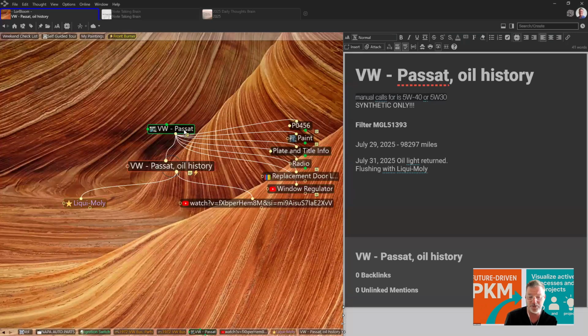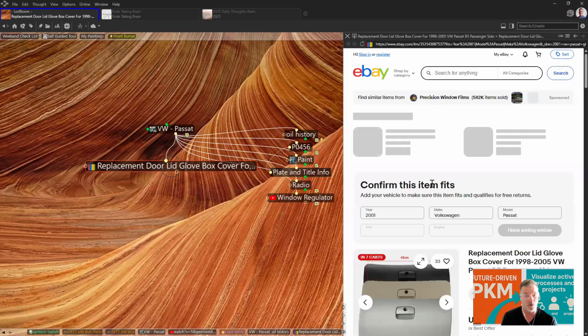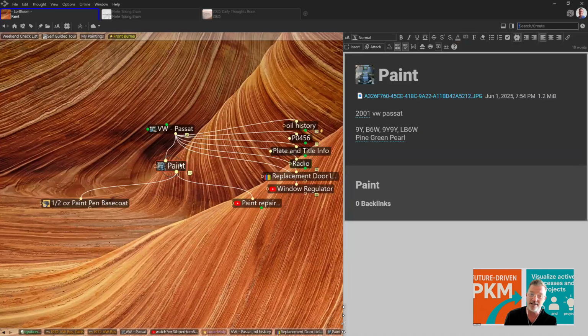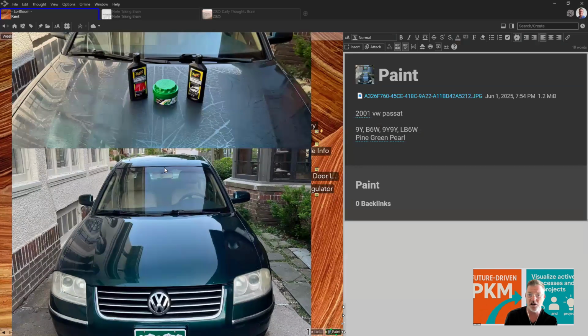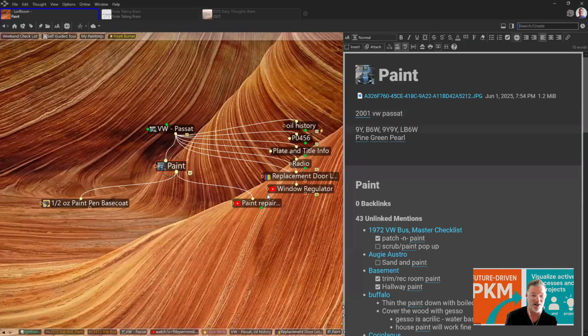And as you can see, this project is a collection of videos and web pages. I've got products that I either have purchased or will be purchasing, so I have links to those as well. Looking into the paint: when we purchased the car, we thought we were going to have to repaint the whole thing, it looked absolutely terrible. Again, we did some research online and found some products. You can see the before and after, and they were incredibly effective. So a little bit of research goes a long way.